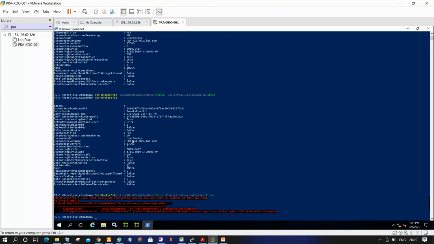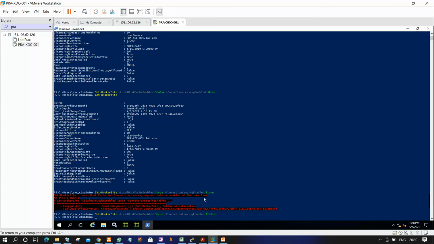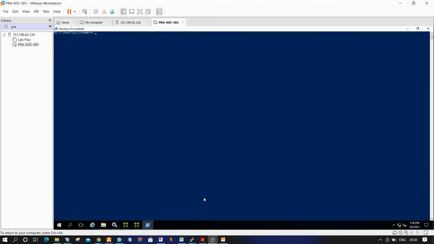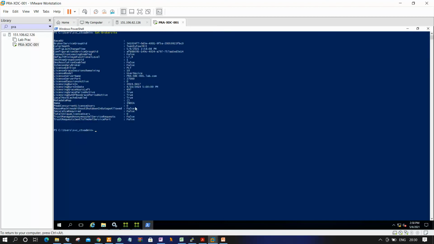You will get a message: local host cache and connection leasing may not both be enabled at the same time. So again, you have to disable connection leasing. See here, local host cache enabled is true.